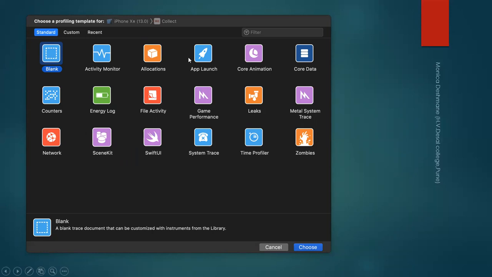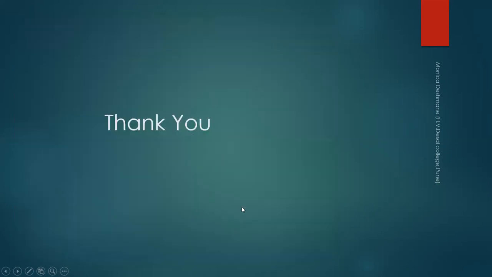You can see here a number of instruments are provided, under which I'll select, suppose, a blank instrument, and then I'll do the particular installation, or set up that particular instrument, and save it, and then run that particular application. It may be Bluetooth, it may be Wi-Fi, or anything set up related to that application. I'll download and use that and run my application using instruments.